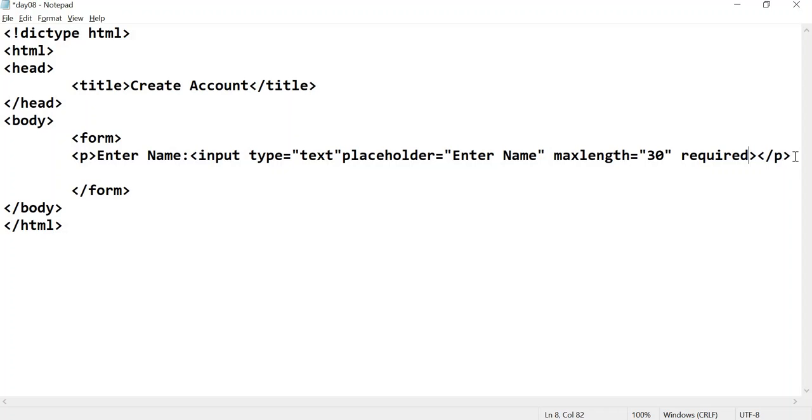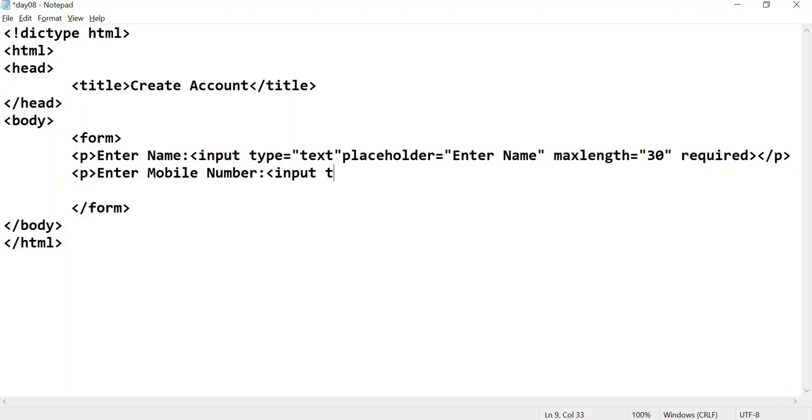And now I want to take the mobile number from the user, so enter mobile number. For that we have the same input tag, but instead of text there is number: input type number.